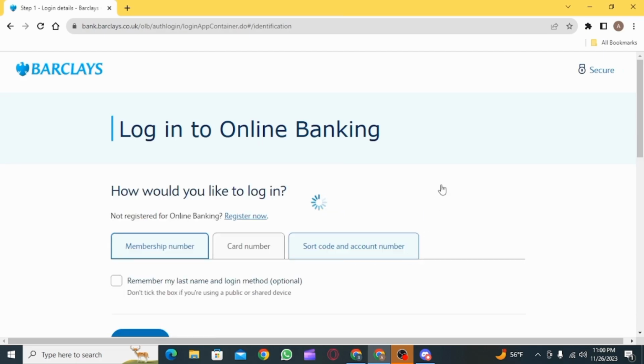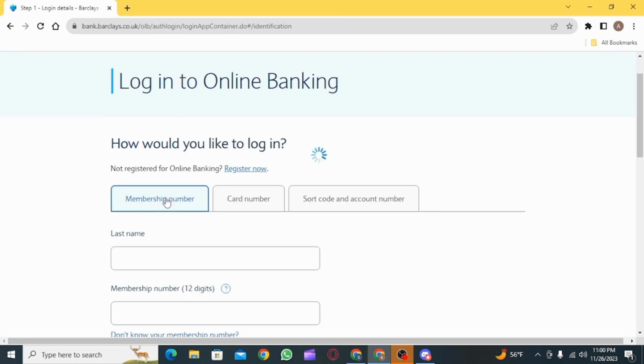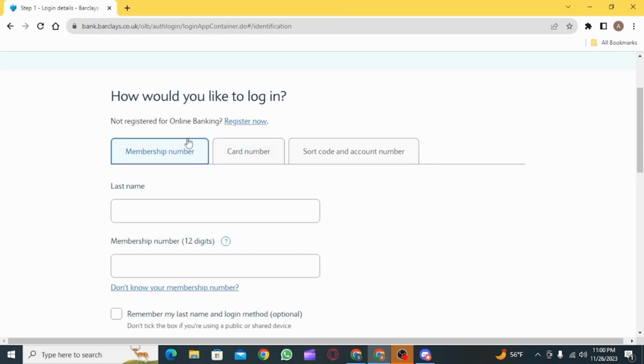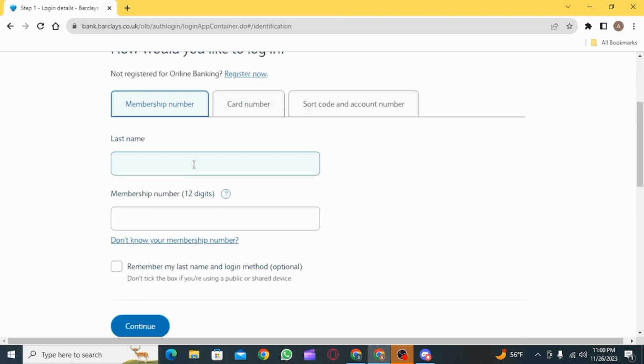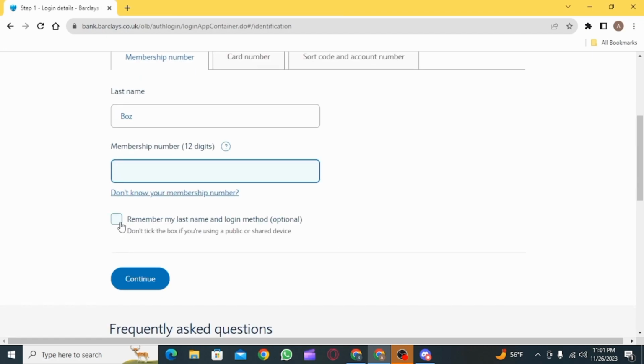Now, there are three ways on how you can log in. The first one is membership number. So you simply want to click on this option if you want to log in through your membership number. For that, enter your last name. Then enter your 12-digit membership number. Check the option that says remember my last name and login method if you want that and click on the